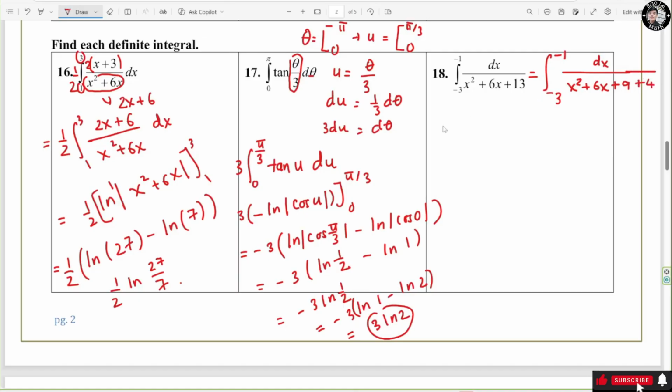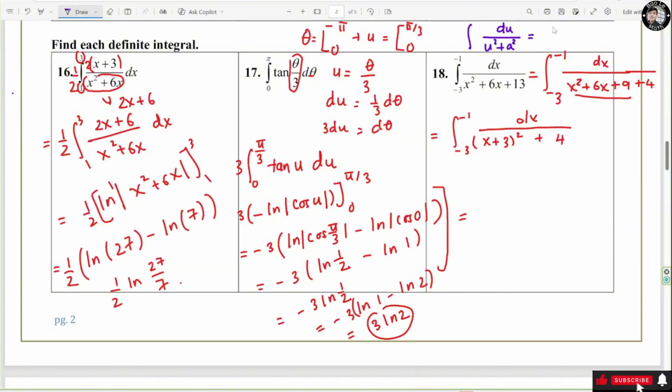So this turns out to be the integral from negative 3 to negative 1 of ds over (s plus 3) all squared for the first 3 terms right here, plus 4. Now remember we have the formula: the antiderivative of du over u squared plus a squared